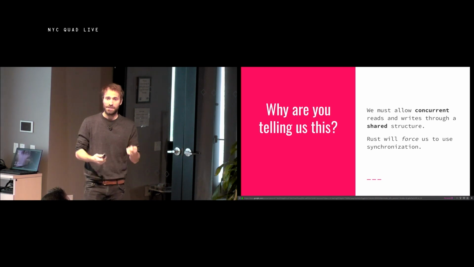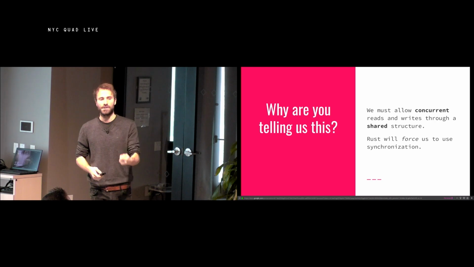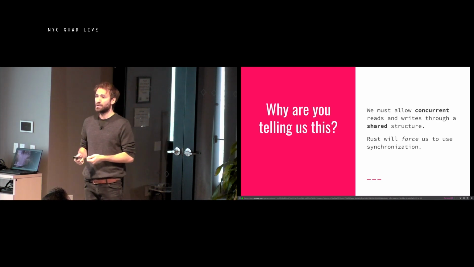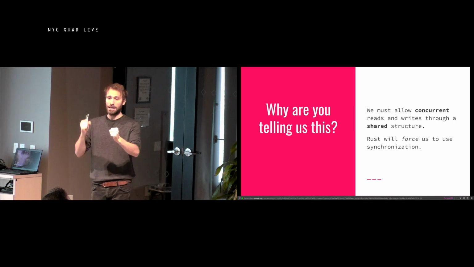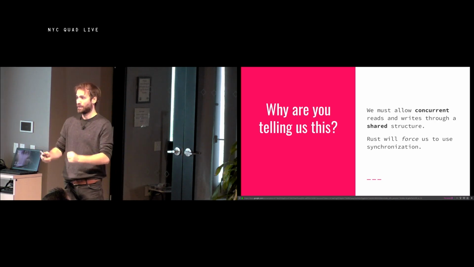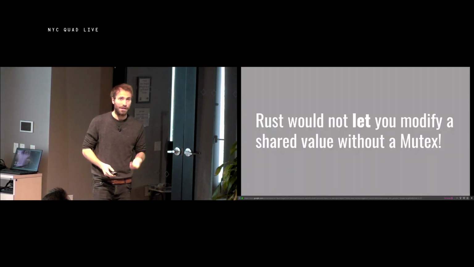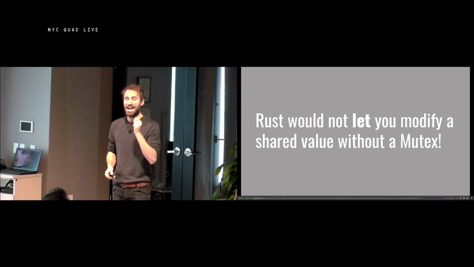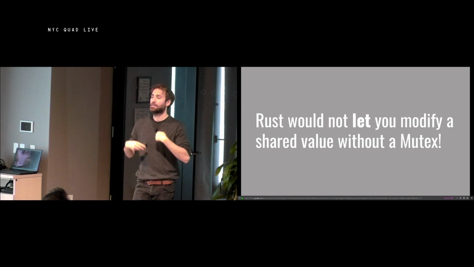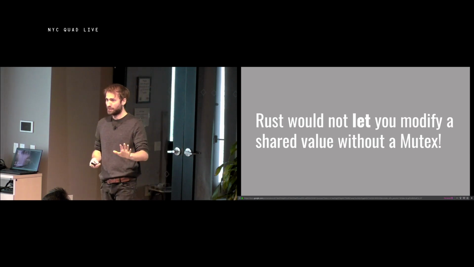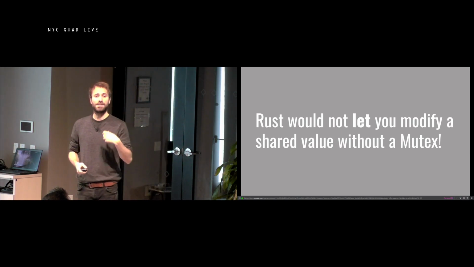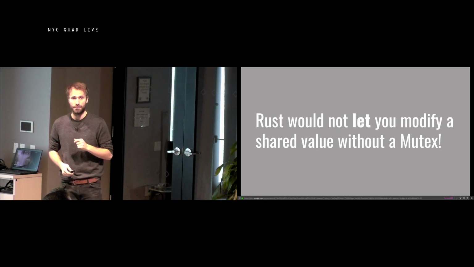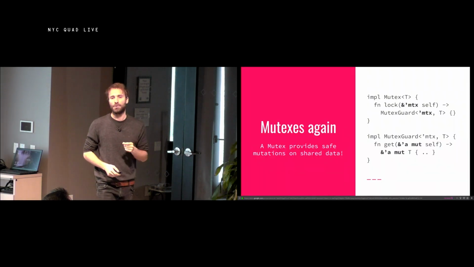The way Rust mitigates this is by forcing us to use synchronization. So there are certain primitives in Rust that allow you to take an immutable handle and get a mutable handle to a T. One of these you have probably heard of. It's called a mutex, right? In Rust, you will not be allowed to access a shared value without using something like a mutex. It doesn't specifically have to be a mutex, but it has to be something that safely provides mutable access to something that is shared. So let's look at what a mutex looks like in Rust.